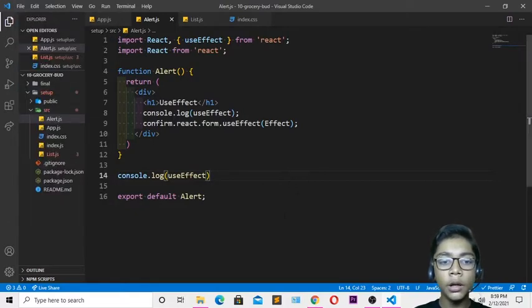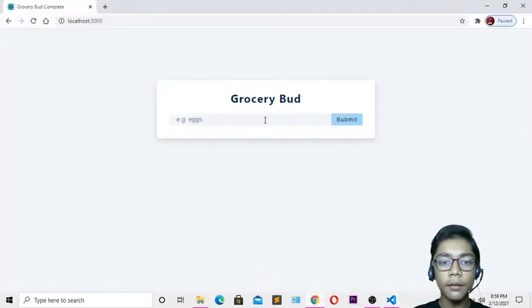Now if I show you in Google Chrome, it will be looking really cool. So just go to Google Chrome over here. So you can see that our Grocery Bot project is ready. We are also having a box shadow, then our background color of this box and of our background which is created. So if I hover on it, I am getting a box shadow of black in color.